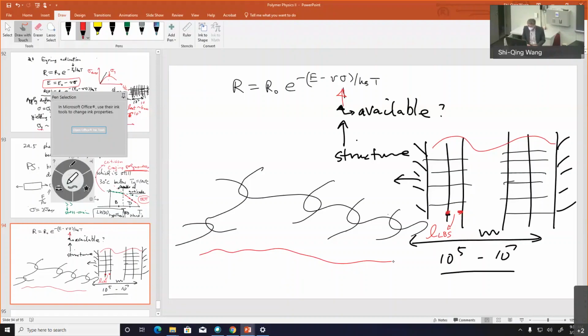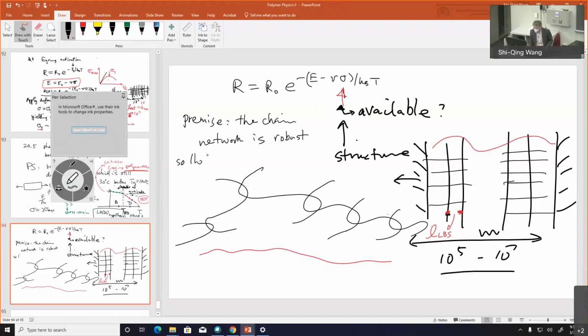So the new premise, meaning the way to understand this problem, is that the chain network is robust, so that it can deliver the stress. As I keep saying, if you want to preserve that language of Eyring,